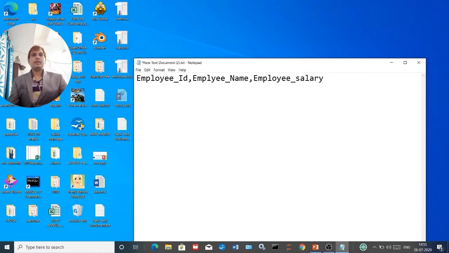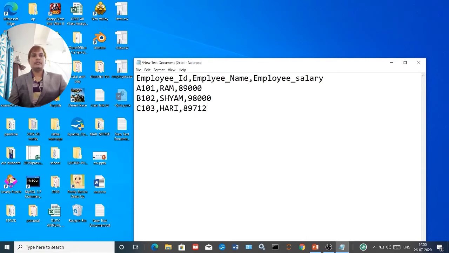Now any employee ID can be written here as you wish. I have written A101. Employee name I will write here, and the salary of the employee also. The second value, see all the values are separated by comma based on the column title. The first row is the column title: employee ID, employee name and employee salary.